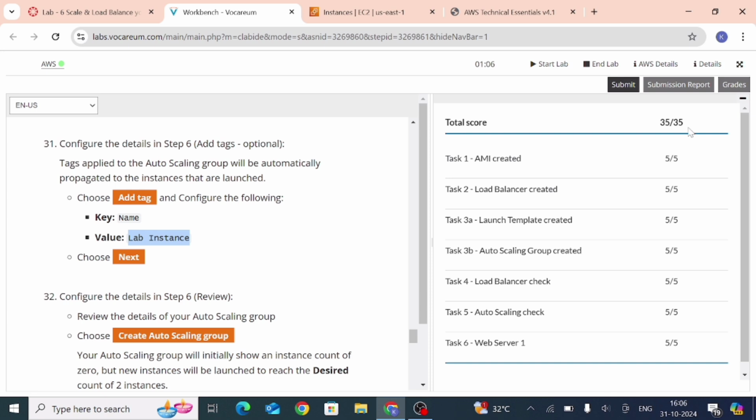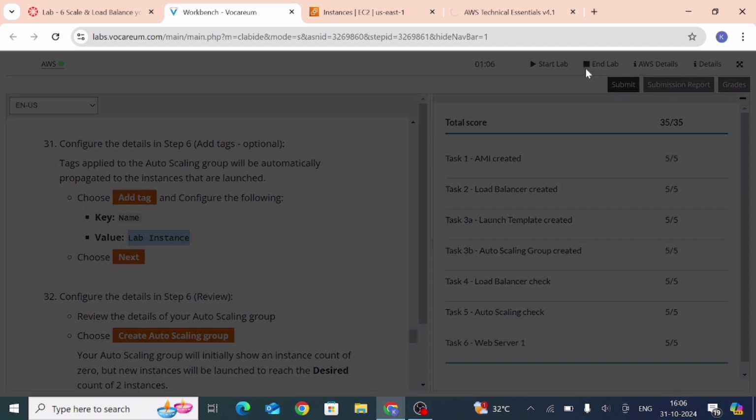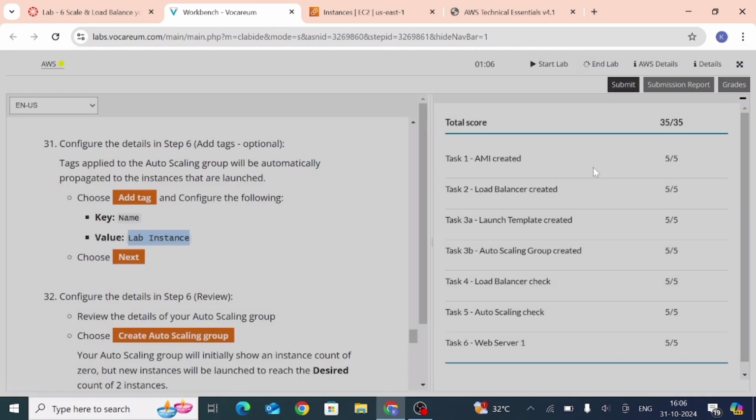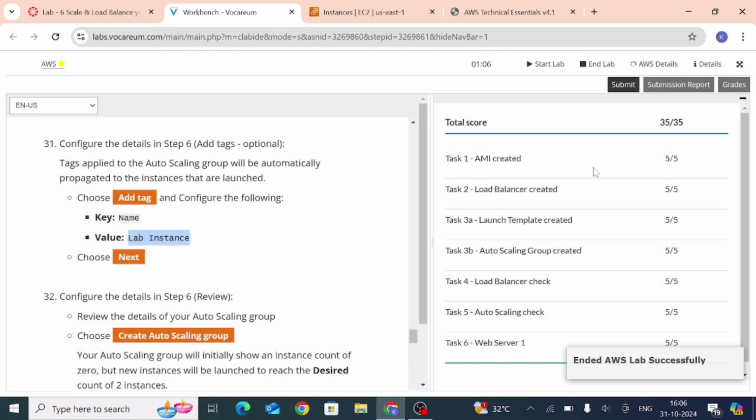And now I hope all of you are happy with this grade. So now just click on end lab and end the lab. Here we successfully ended the lab and completed all the labs of the AWS. So now we stop here. Thank you.